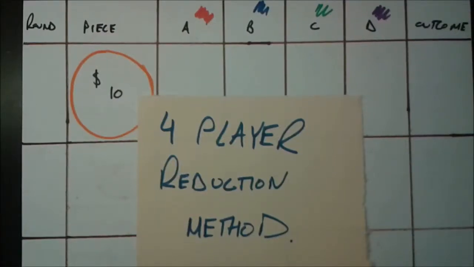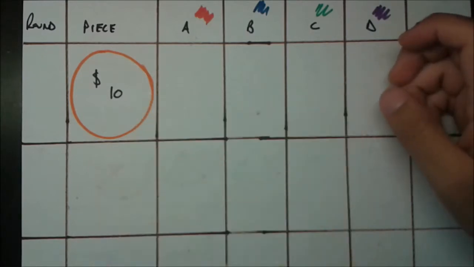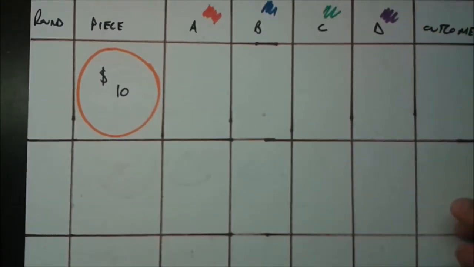In this video, we'll be starting looking at a new method, the reduction method, and we'll be looking at it for 4 players here, but we can easily expand it to n players, which I'll explain at the end of the video. So what I've drawn here is just a table, which is the easiest way to explain this method